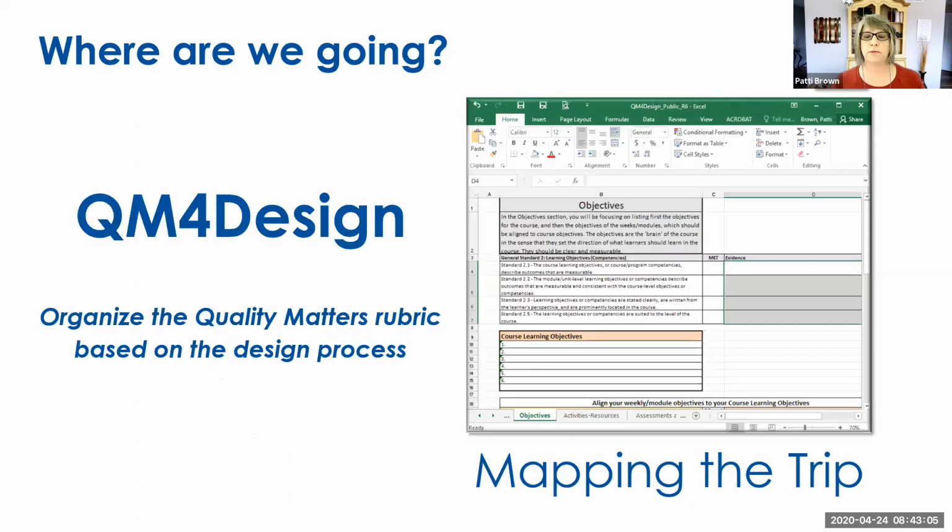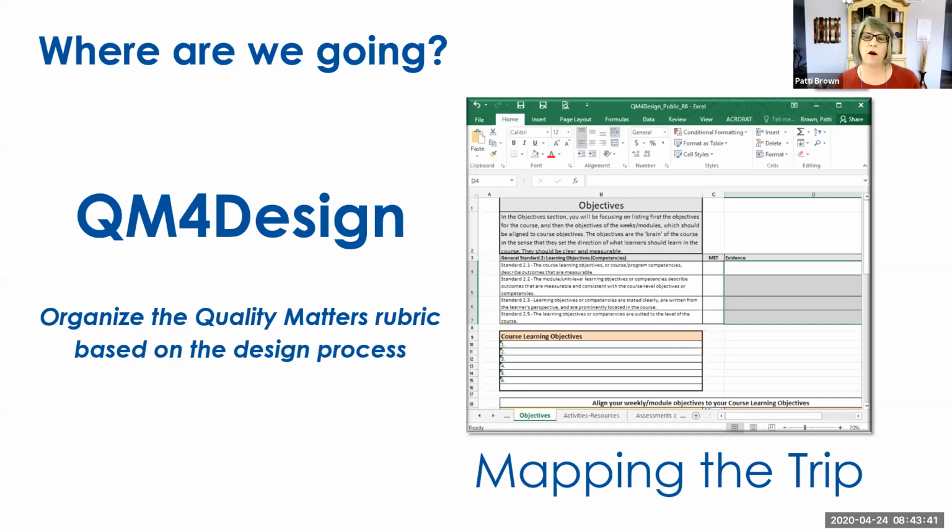And I'm going to show you the spreadsheet in a little more detail, but I just want to give you a brief view of it. So this concept allows me to reorganize the rubric based on the design principles. Now, I was a little nervous doing anything with the rubric, and I did get permission, and I've been blessed by everyone that needs to bless it, that I was able to reorganize the rubric just for the design process. And you'll see at the end, I do have a one-tab checklist that's a great tool as well